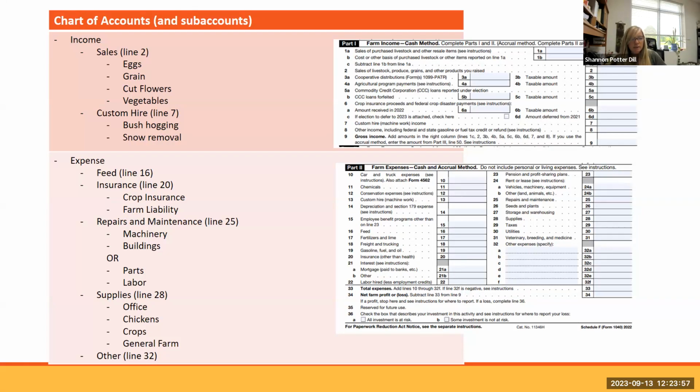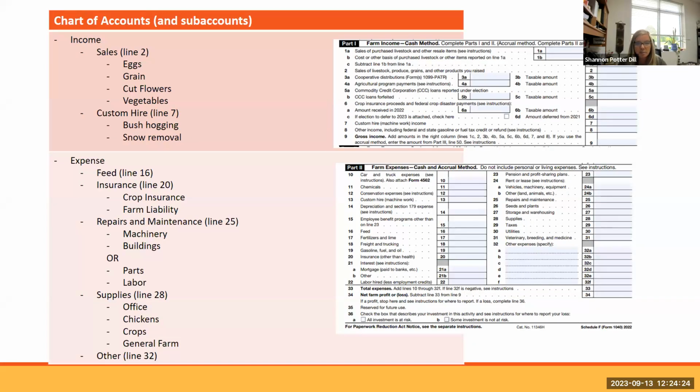Insurance is number 20. Perhaps I have crop insurance and farm liability insurance for my farm, and I might want to separate those policies out. Perhaps they're with different vendors, and I want to know how much I'm paying for each one of those. So while insurance is one line on the Schedule F, perhaps I want 2 sub-accounts so I can track that.